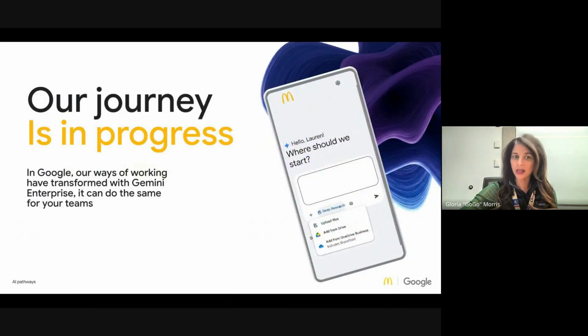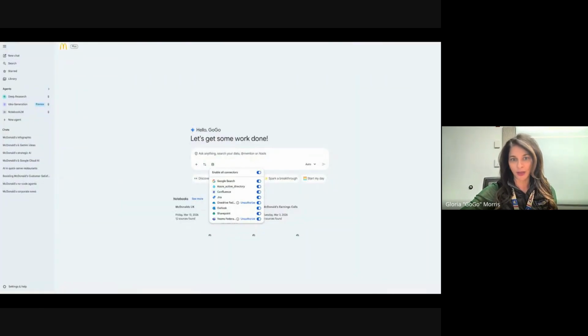So our journey today is just really starting. As I mentioned, we've been on the journey with Gemini Enterprise for well into a couple of years now. We actually have had many kind of renditions of this before we landed on the name Gemini Enterprise. I think there was a little bit of resistance to the name at first. I think it's a great name because it does live on the Gemini family of models. So without further ado,